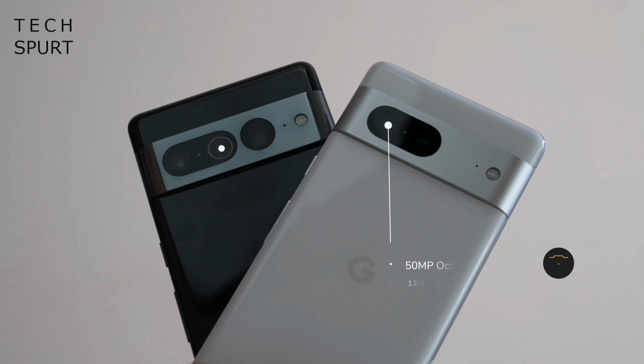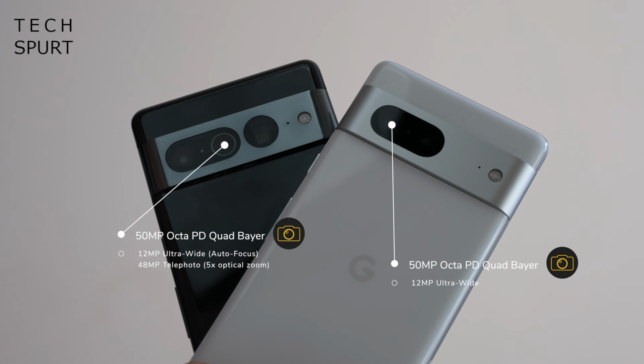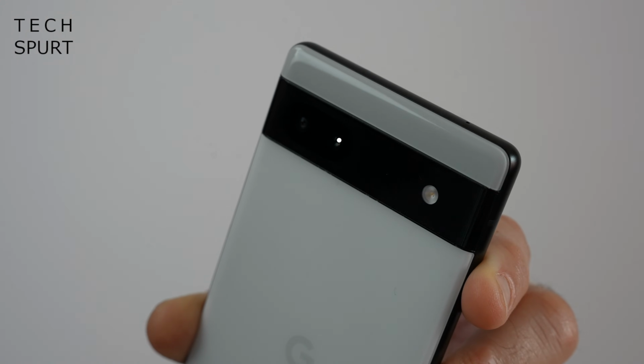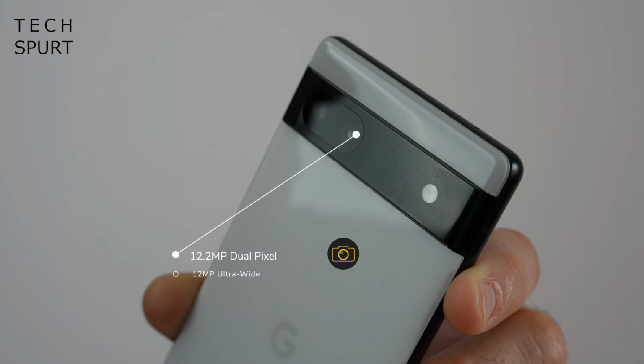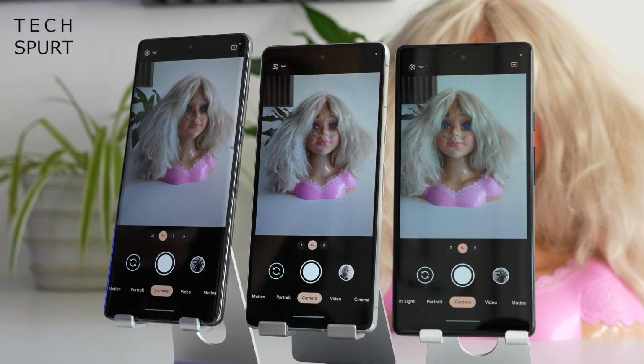Now, the Pixel 7 and 7 Pro both sport the same 50 megapixel Octa PD Quad Bayer camera sensor as last year with optical image stabilization. Whereas the Pixel 6a sports the older 12.2 megapixel dual pixel camera sensor, again with optical image stabilization found on previous flagships. Now, the great thing about Pixel smartphones and their camera tech is the fact that they are point